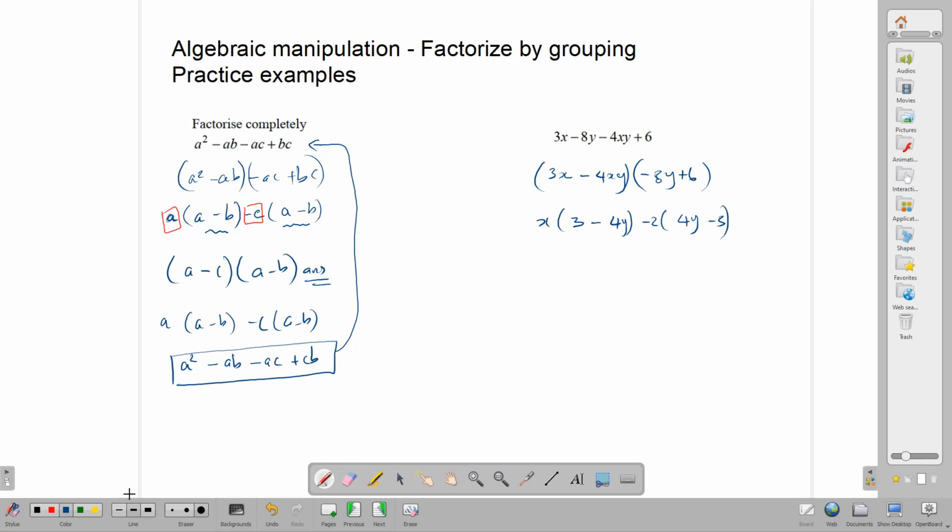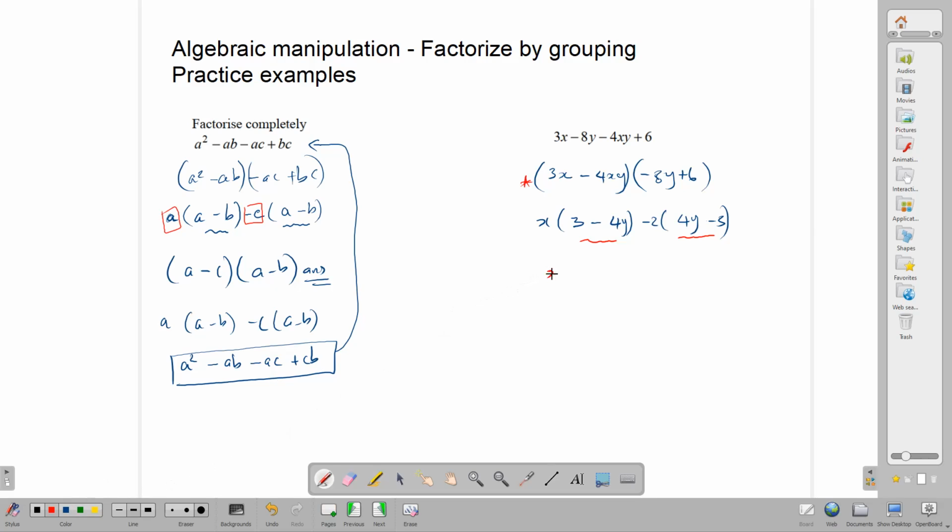Checking our brackets, we realize that the brackets are different. They're actually, one is turned around. We have 3 minus 4y, and then we have 4y minus 3. This resulted because of how the question was rearranged here. There are two ways to fix this. You can either go back and rearrange the question, or you can simply change the signs of these terms that are here. So the short fix is to say